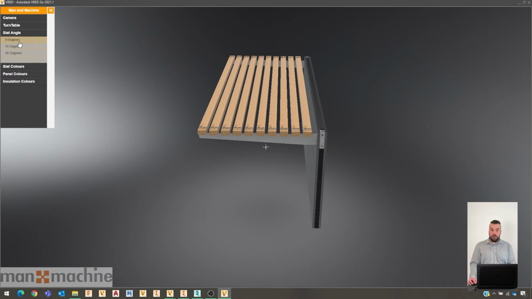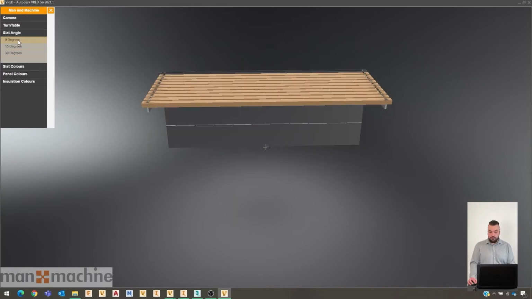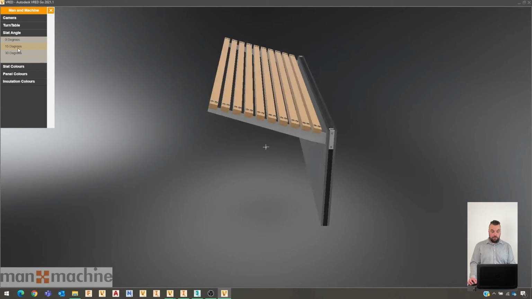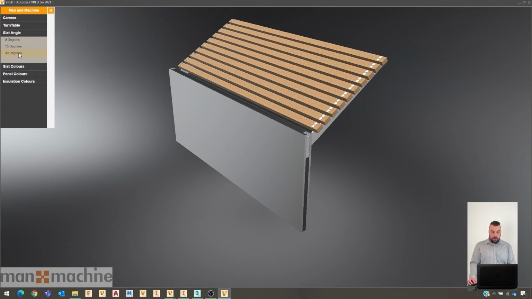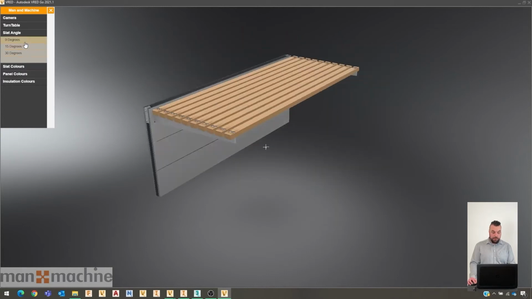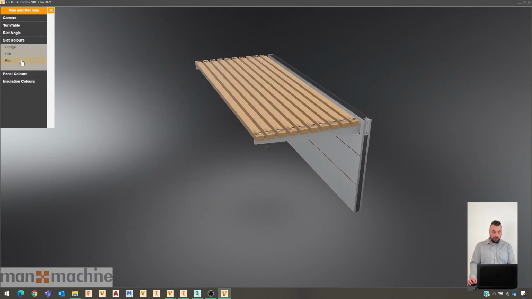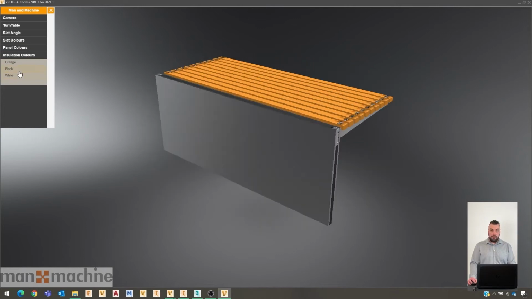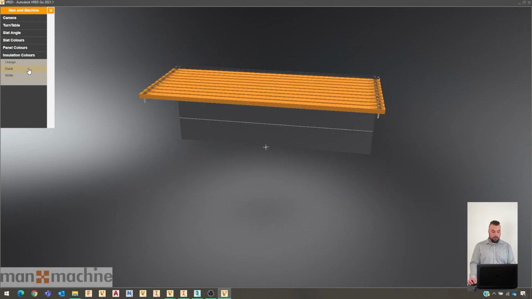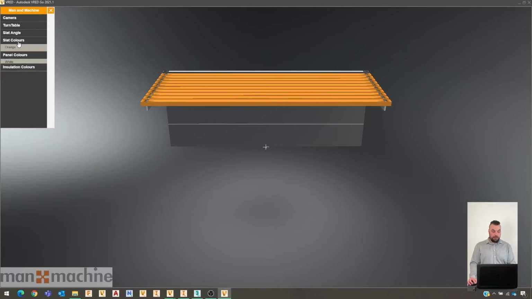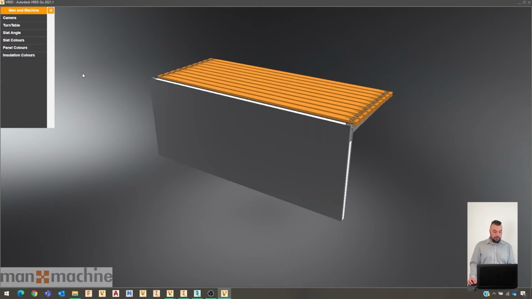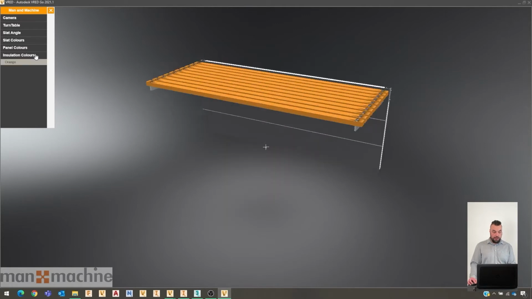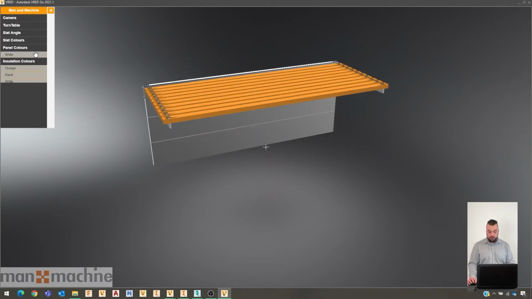slat angle. So I can go and change the slat angle between 15 degrees or 30 degrees or back again while it's busy rotating. And if I want to change the color of those slats, I simply just change them as I go. So I can go dark steel on the panels, go to black or white on the insulation, and just start my turntable again. It does look nice while it's turning. And I can just play around the model with the different configurations, and